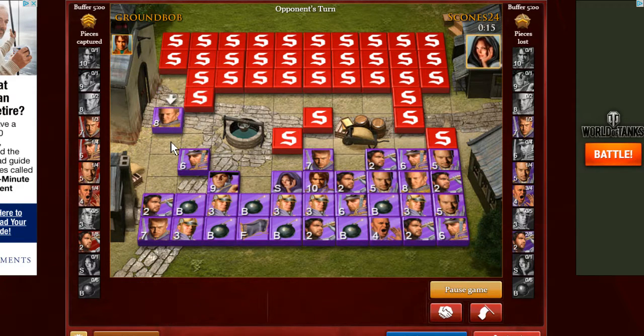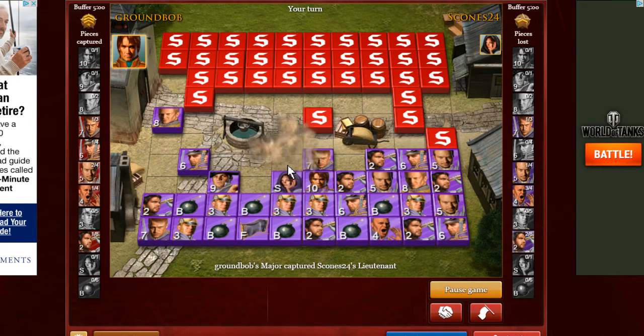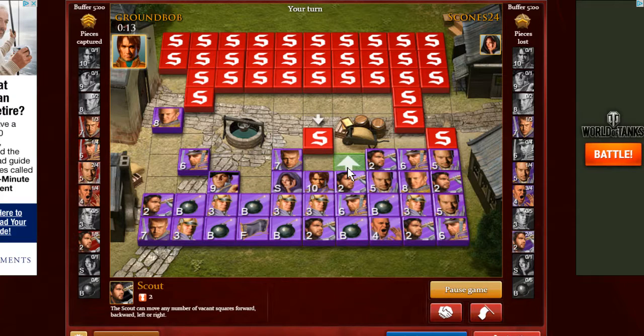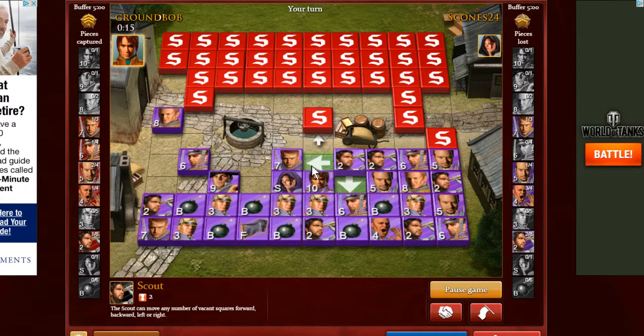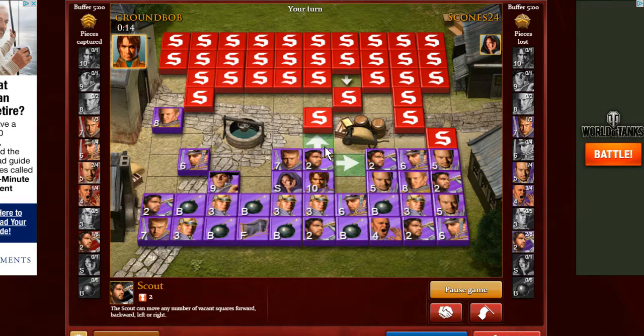Okay, so I don't particularly want to trade it at this point. If I can lure this colonel down, that would be ideal then, alongside this general. So okay, I need to get rid of this here. And we know this is a captain coming in here. So I'm going to try and bluff this captain out, just ever so slightly with this scout, get it to back off, and then